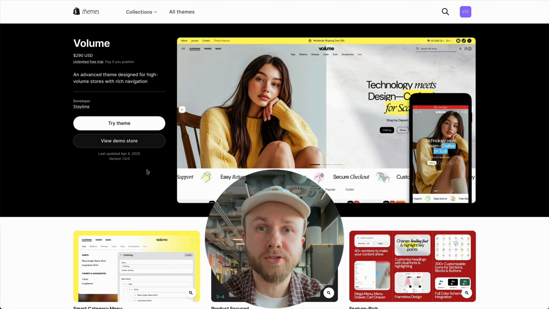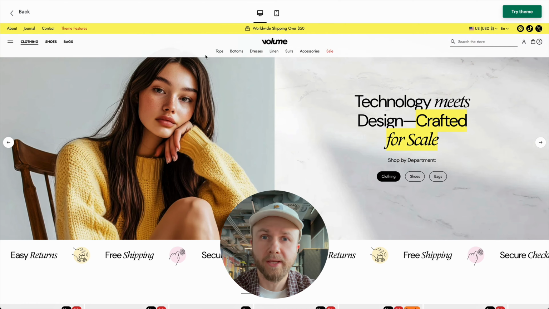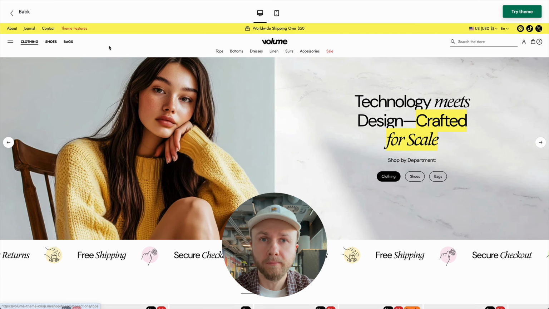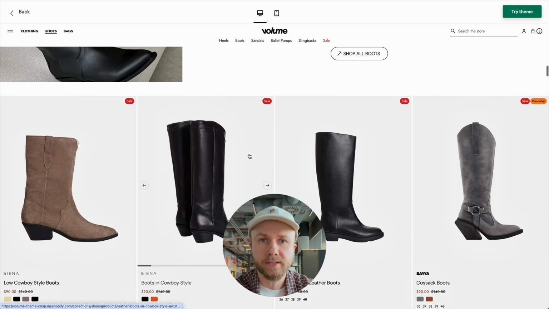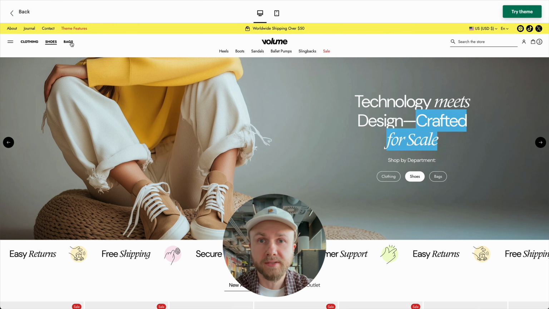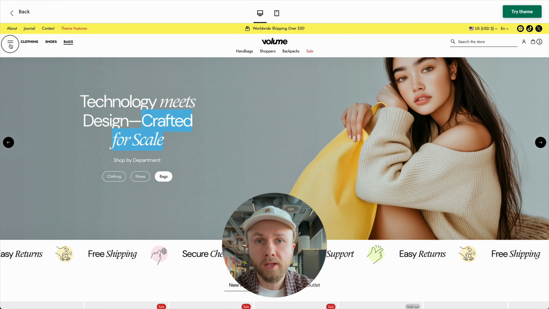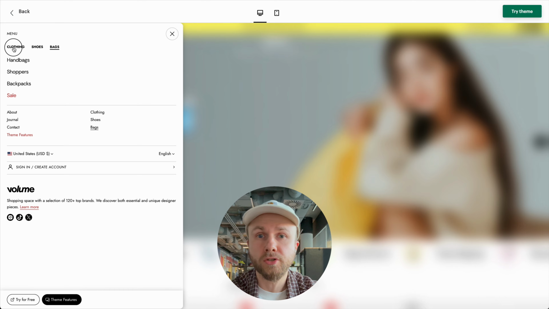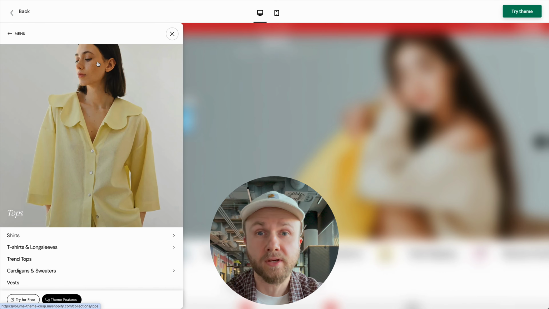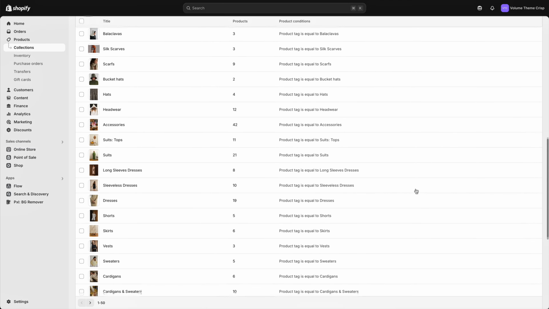In this video, I'll show you how to set up a powerful navigation experience using the Smart Category menu in the Volume Shopify theme. You'll learn how to define your top-level categories, create custom landing pages for each one, and assign the right templates to collections and products. Then, we'll connect everything through dynamic menus, so the right navigation shows up depending on what section the customer is browsing.